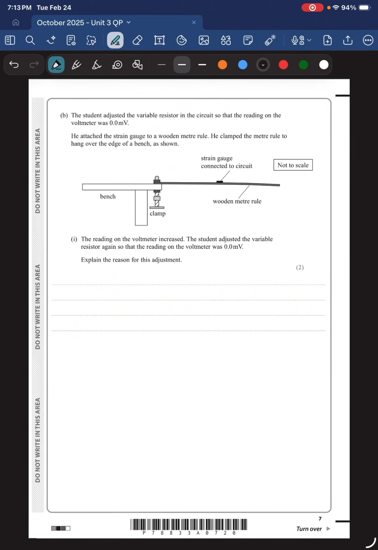The student adjusted the variable resistor in the circuit so that the reading on the voltmeter was 0 millivolts. He attached the strain gauge to a wooden meter rule. Okay, there it is. He clamped the meter rule to hang over the edge of a bench as shown. Okay. The reading on the voltmeter increased. The student adjusted the variable resistor again so that the reading on the voltmeter was 0 millivolts. Explain the reason for this